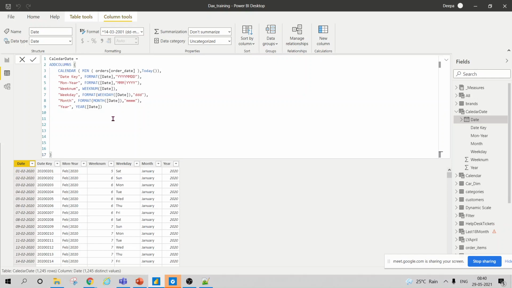Yeah, it is giving you year. Now there are times, in my real case, that they don't want to see it as 2020. This does not look good. They want to see it like something like FY-2020. It's very simple to do. How would you do it in Power BI?